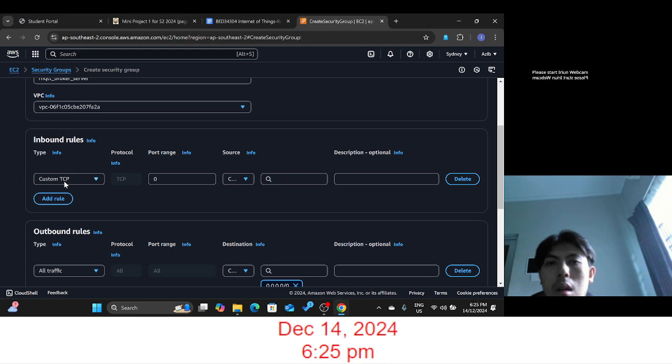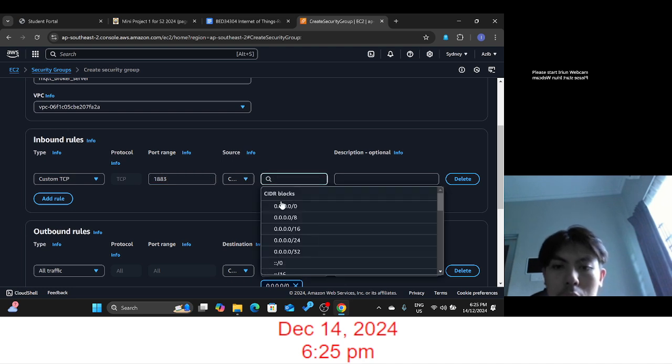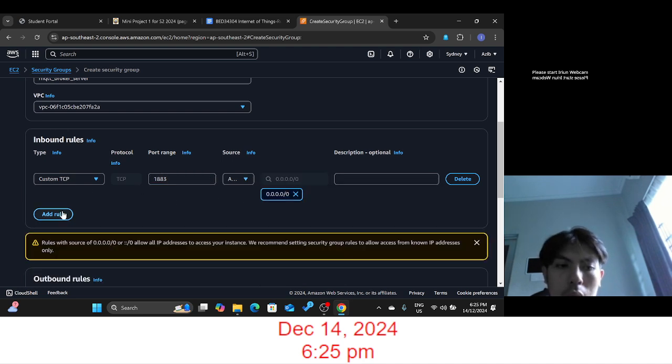The outbound rule we don't set up, but the inbound rule we need to set up, since we are going to configure this server to be used as a broker for MQTT